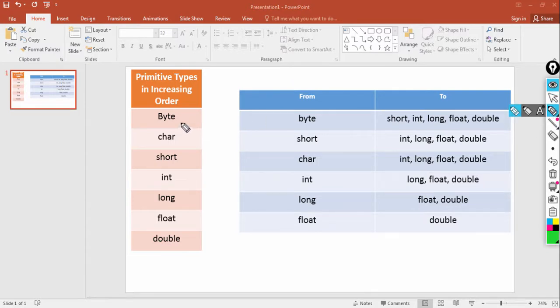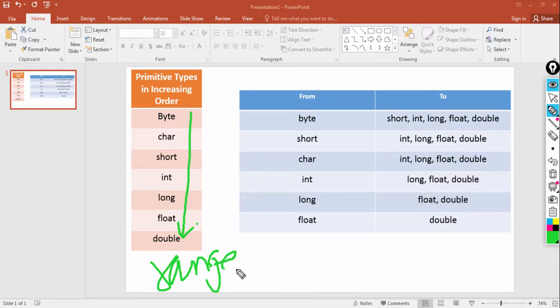So I've written all the primitive data types here in increasing order of their range, okay. Notice the word I am using, I am talking about range and I am not talking about the number of bits that is used by these different data types. We are talking about the range, okay.